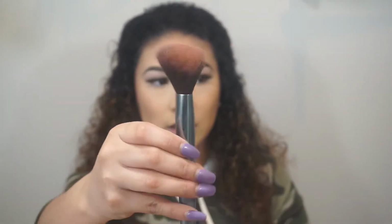I'm going to go in with this blush brush from BH Cosmetics. The reason why I go in with the blush first is because I apply it to the apples of my cheeks, and I blend it back into my contour or bronzer, so that it blends in. I found that when I would go in with my highlight and then with my blush, it covered my highlight and looked a little bit weird in these areas. So that's why I stopped doing my highlight first, and now I do my blush. And this one just gives me a subtle little